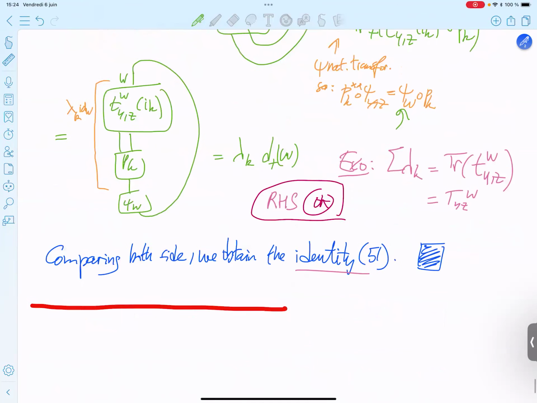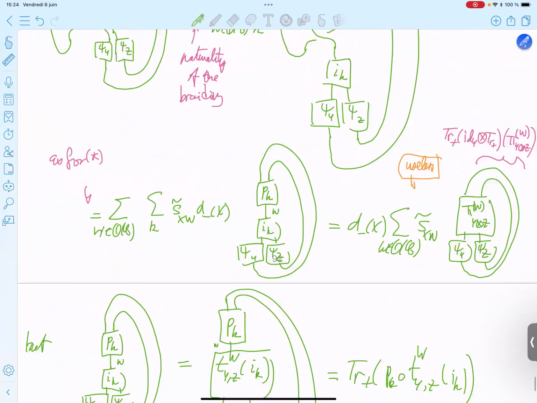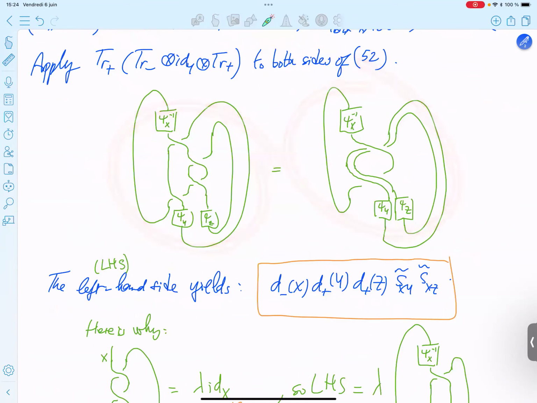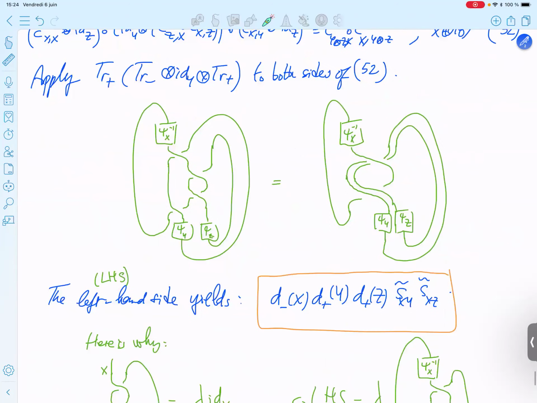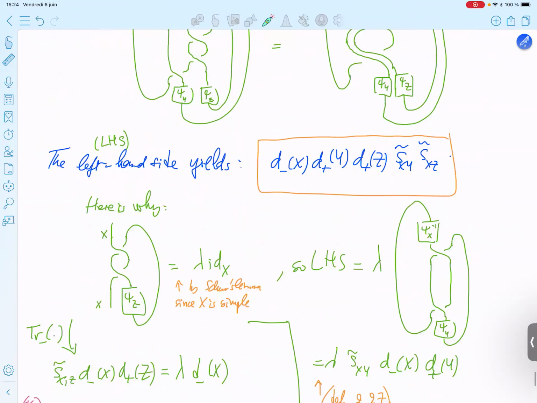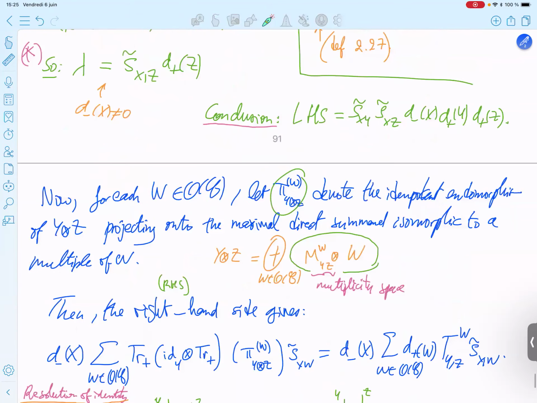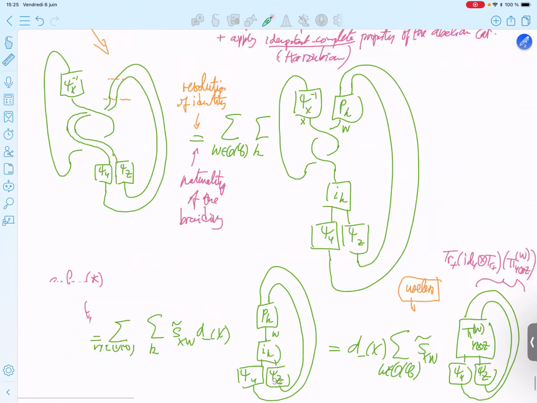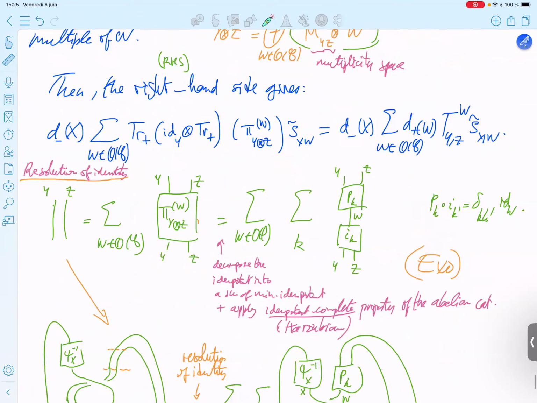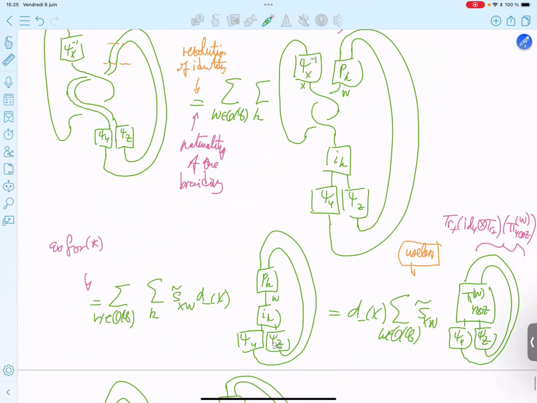So we have an equality between, remember, we evaluated in two different ways this picture. So this equality is due to the hexagon axiom. So we evaluated that, and then the equality between the two. So you have that equal to something. So where is it? So this. So we have something like that here. So this is equal to that.